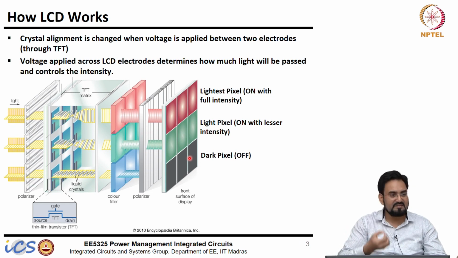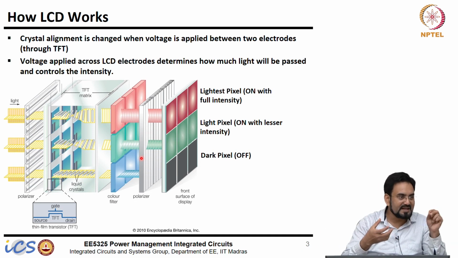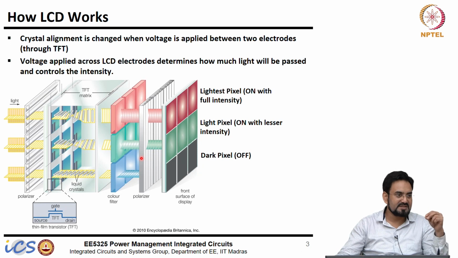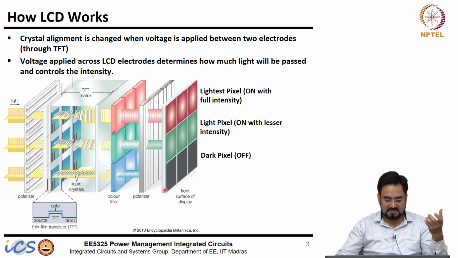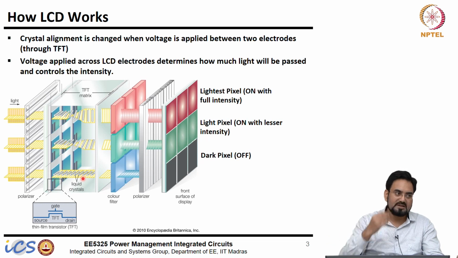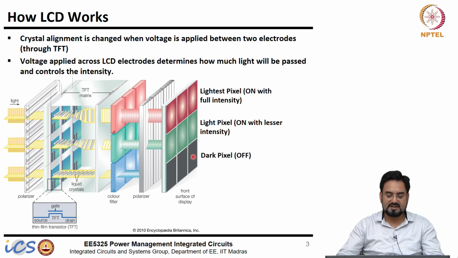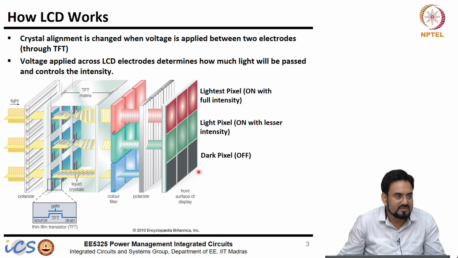It will pass some light, but very minimum light, because this polarizer will not block 100%, and that is why sometimes when you do not have any picture but the display turns on, you will see a greyish kind of display, not pure black. So that's why it happens, because you turn on the backlight, but your liquid crystal does not allow all the light to pass. So the liquid crystal is saying, okay, this is black, but it is not a true black, because some of the backlight is passed through this polarizer, and we see a grey color instead of true black color.